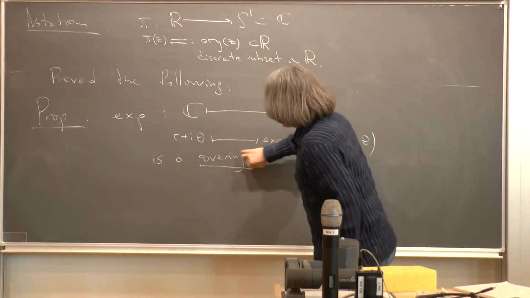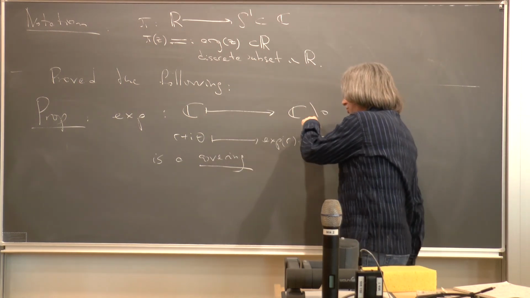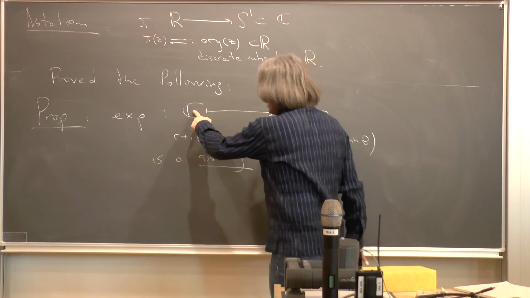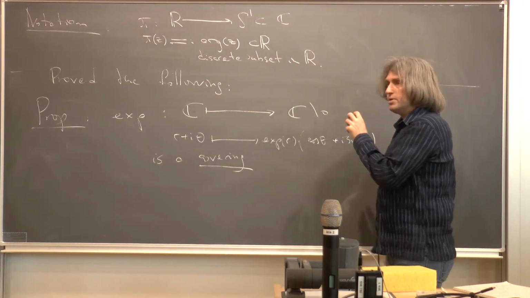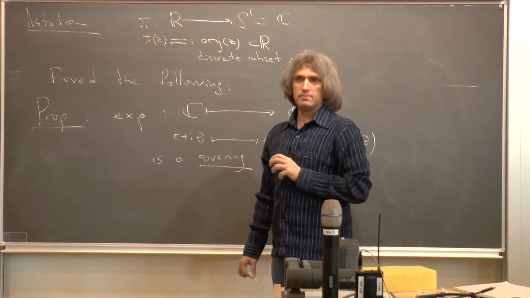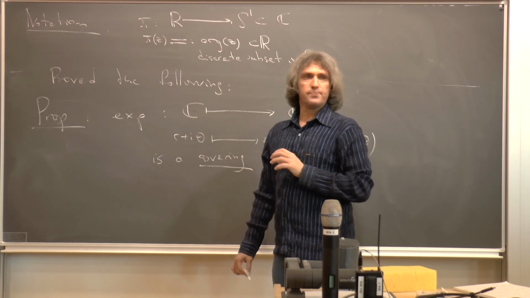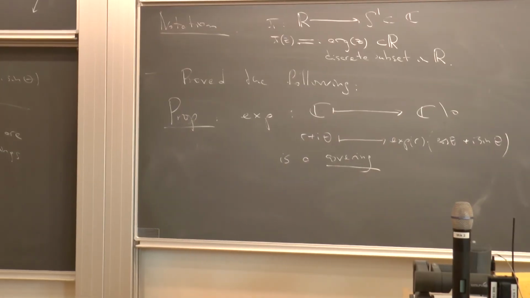Saying that it's a covering means it's surjective, the preimage of every point is a discrete subset in complex numbers, and every point has a neighborhood whose preimage is a disjoint union of its copies. Okay? So let me stop here. I need a certain trust from you till the